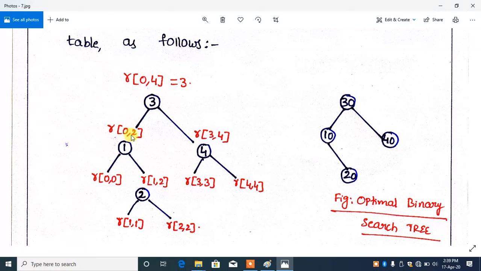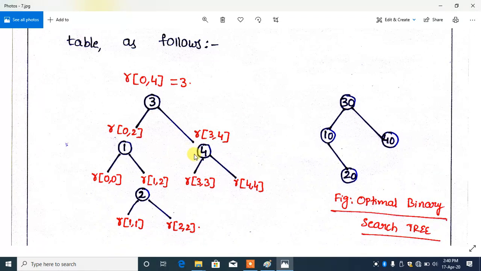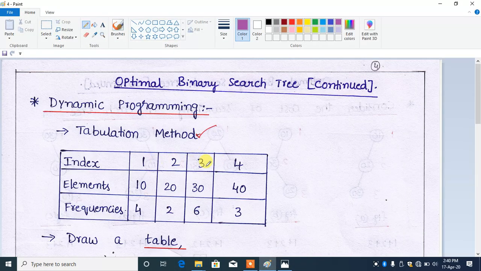Among these 0 comma 2, the left hand side is 0 comma 0 and the right side is 1 to 2. In the table, for r of 1 comma 2, the root is 2. Here I am going to consider the index values, not the elements. So the 3, 1, 4, all these are the indexes. In these indexes later I will substitute the elements, and I am going to get the binary search tree.